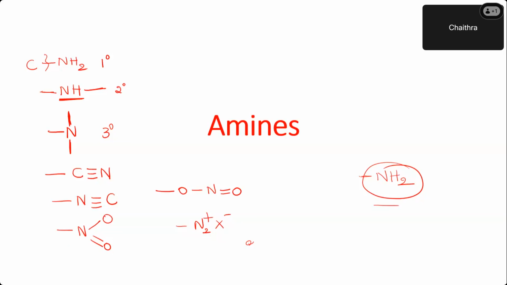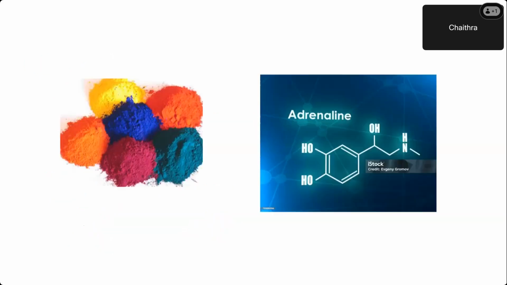So let us start with knowing the important details of amines. Actually, these amines are part of plants as well as animals. Now I have put a few pictures here. If you are able to see this, you can observe these are dyes, artificial dyes, which are prepared by coupling reactions. In this also you will have nitrogen, or the azo group.